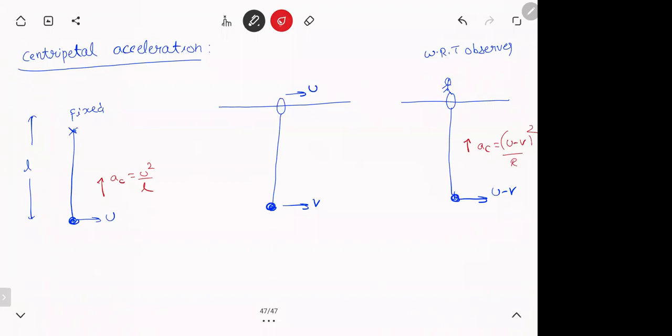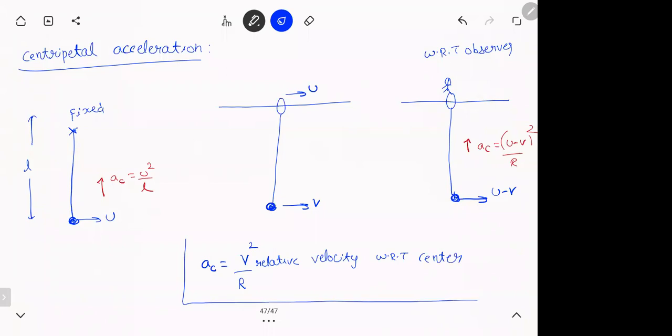Basically, it is relative. So the important statement here is when the centripetal acceleration is v square by r, v is the relative velocity with respect to the center. In case the center is moving, you need to stand on the center and do the problem. If the center is not moving, that is okay, then it will be that speed only. So just put this down. You can add this in the circular motion chapter under centripetal acceleration.